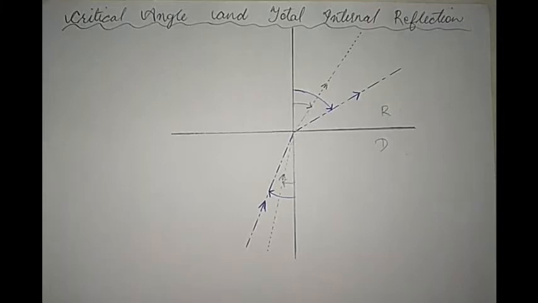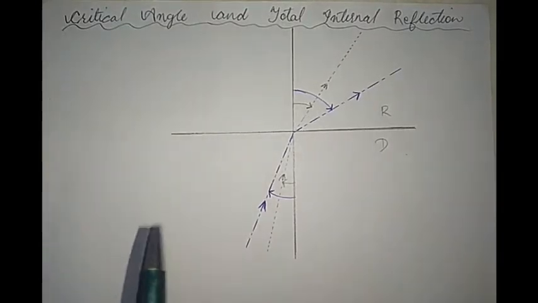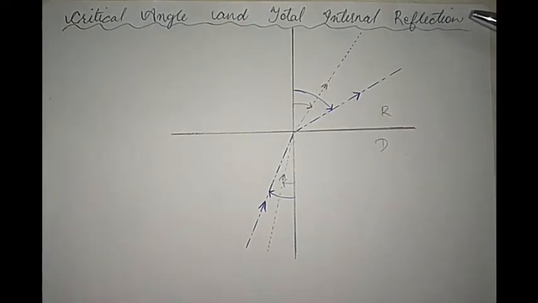In this video, we are going to study a very important phenomenon called total internal reflection. But in order to understand total internal reflection, we need to understand critical angle. So the heading says critical angle and total internal reflection. Now get one thing very clearly: this phenomenon of total internal reflection is possible only when the ray